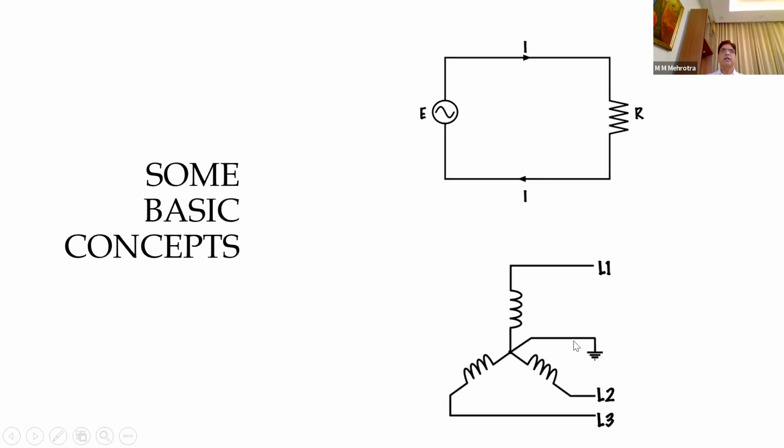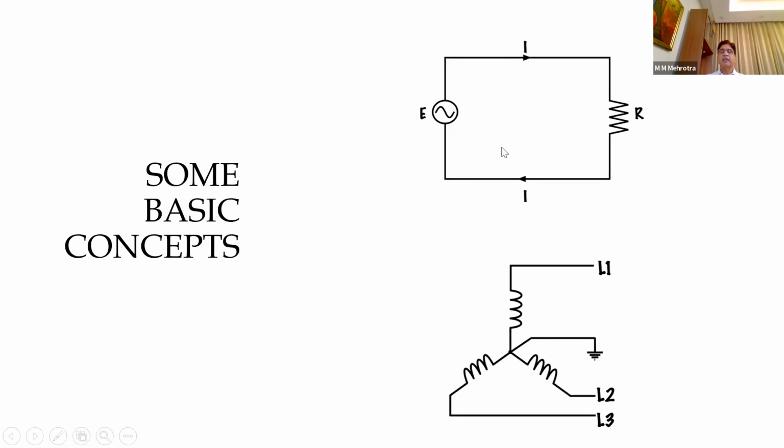So now consider a three-phase cable. You must have seen that there are three conductors of equal size, and then the neutral is half the size. Why half the size? Because it is required to carry only 20 to 30% of the normal current. Hence it is of smaller size.